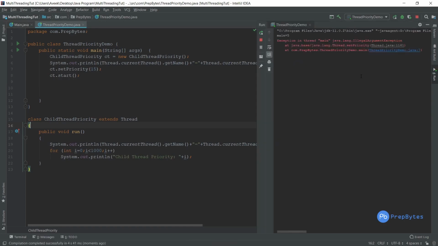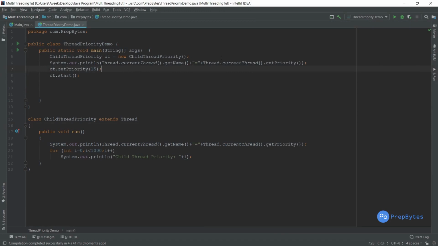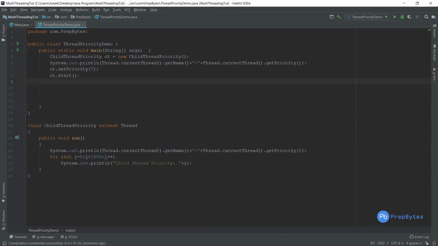So the error here is illegal argument exception. Just make a note of it. If you go beyond the priority limit, it will be illegal argument exception. Okay, if I just do it 7, there will be no error. Fine, so for